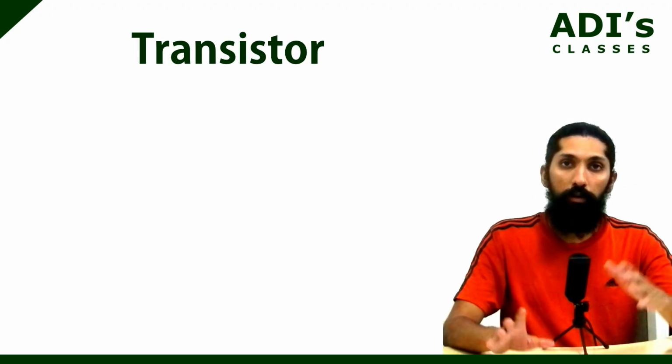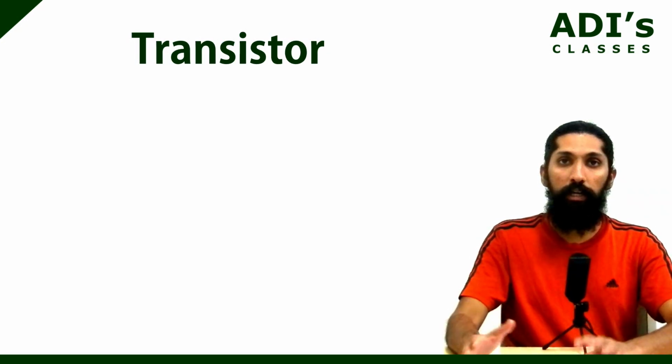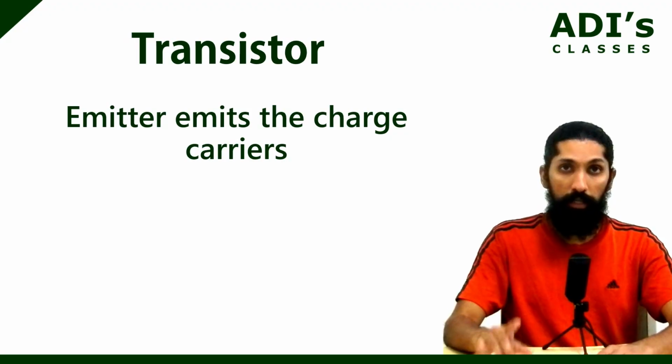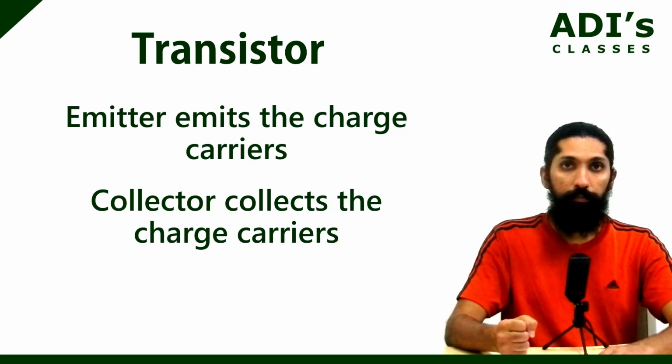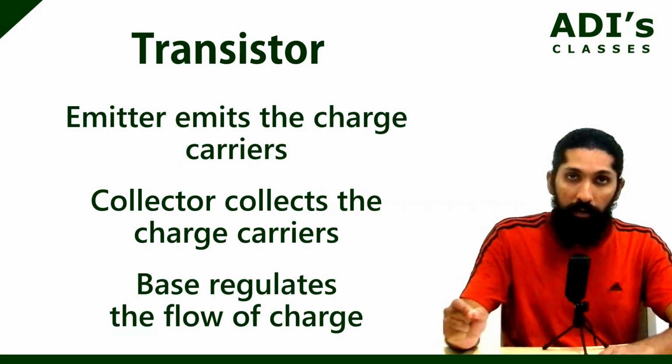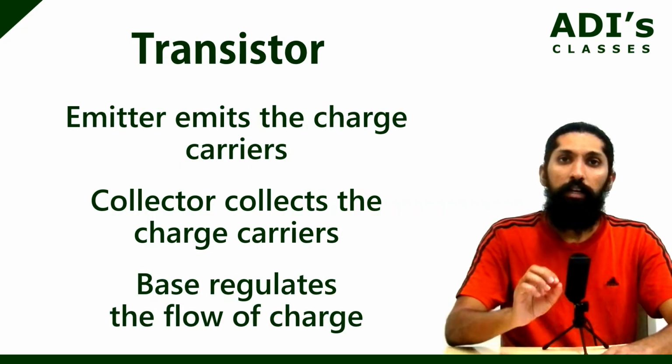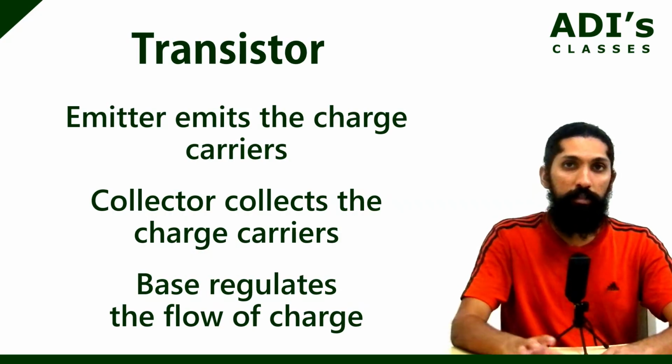Now, how exactly does a transistor work? Basically, emitter emits the charge carriers, either electrons or holes. Collector collects them and base regulates the flow of charges. To easily understand this one,